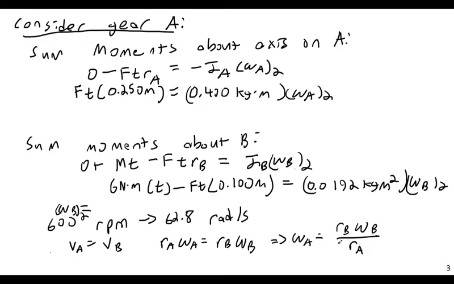So if I put in the radius of B, the radius of A, and the 62.8 radians per second, I get that omega A is going to be 25.1 radians per second, not radians per second squared, sorry, just radians per second. So then working through this some more, if I substitute those values in and multiply for gear A, I get that Ft is equal to 40.2 Newton seconds,